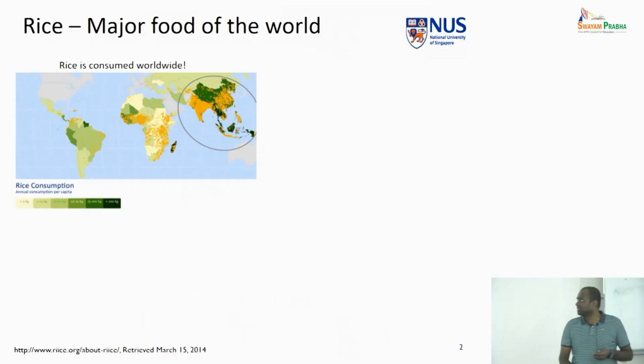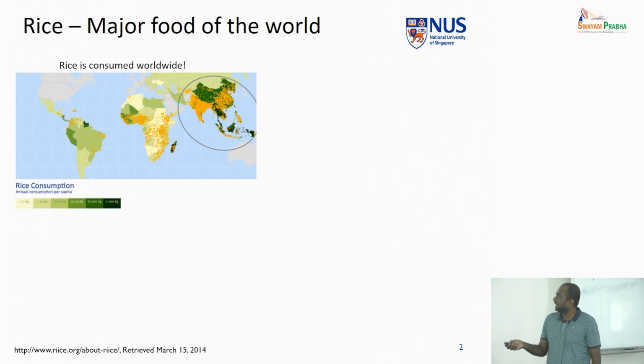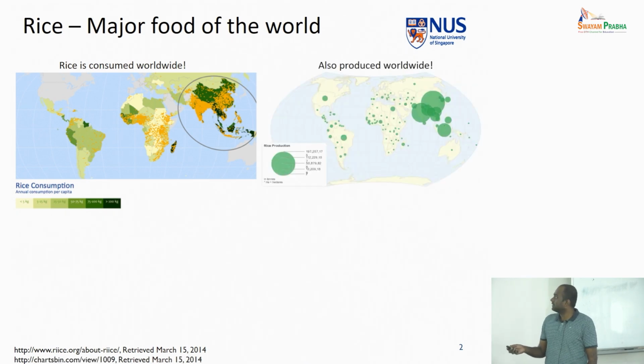To start with, I'll just give a context on rice. You all know that it's a major food consumed in the world, and most of it is consumed in Asia, as you could imagine. But surprisingly, rice is also consumed widely in Africa as well as parts of South America. This shows the increased consumption of rice throughout the world, and it is also grown worldwide. Asia produces most of the rice, but different parts of the world, including the US and other South American countries, also contribute a lot to rice production.